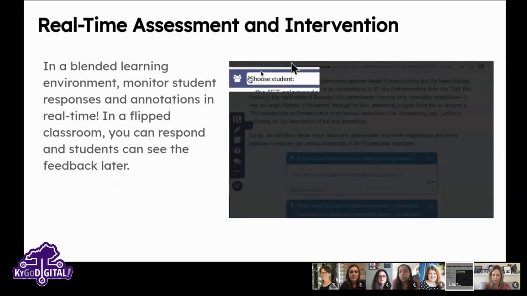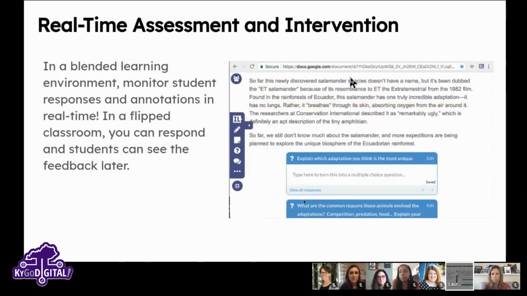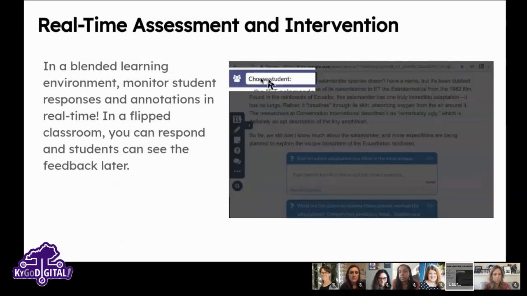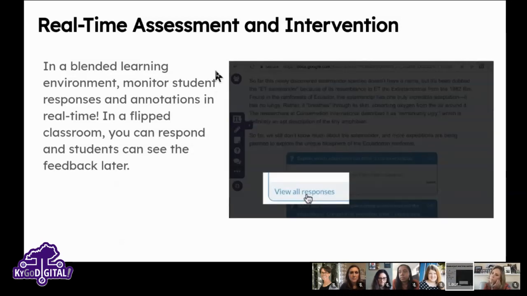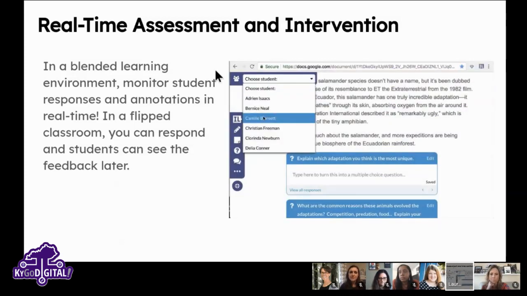As you can see here in this icon, and we'll look at this tool in a minute, when you're looking at the web page or the lesson you've created, you then get your students up here in the corner, and it allows you to choose your student's name, and you can view just their web page. And what that lets you do is it lets you look at their responses to any questions in real time,